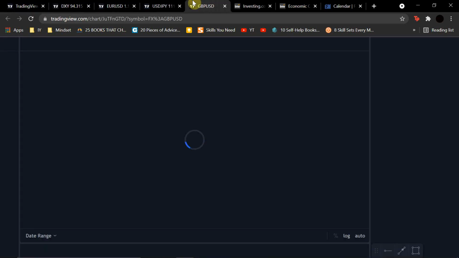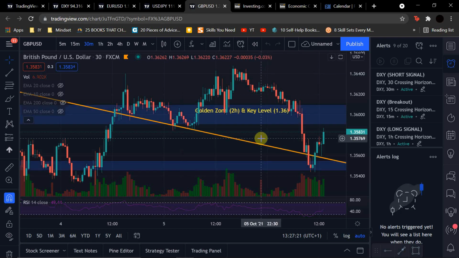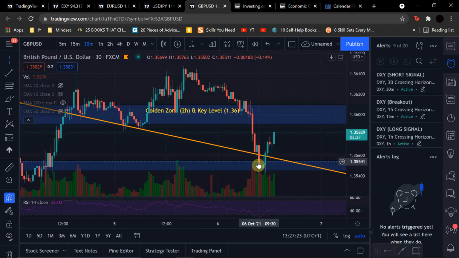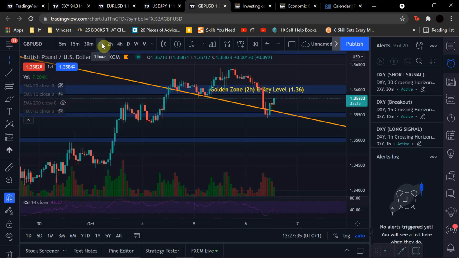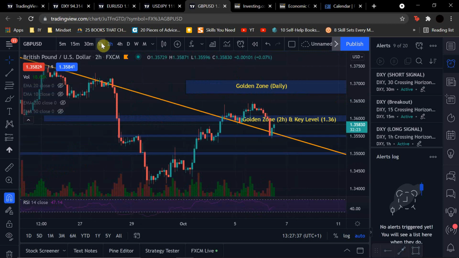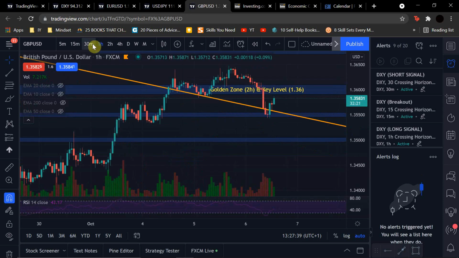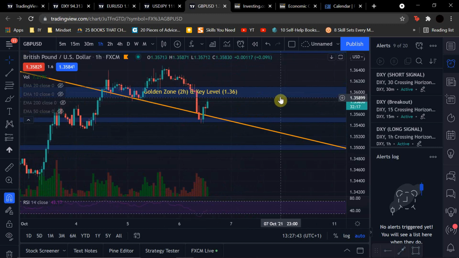See what's going on with GBP USD. Interesting. So it bounced off this area. When was this? Early in the morning, 10 a.m. It bounced off this area and it's kind of breaking up to reach this area here. So I don't know what I could do here. Maybe what I could do is